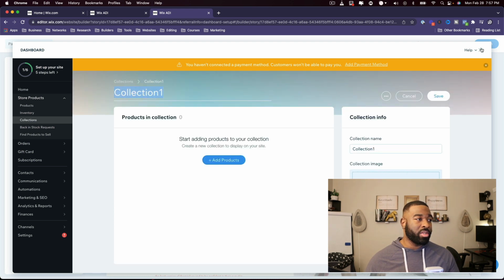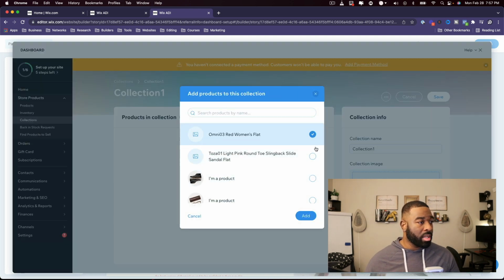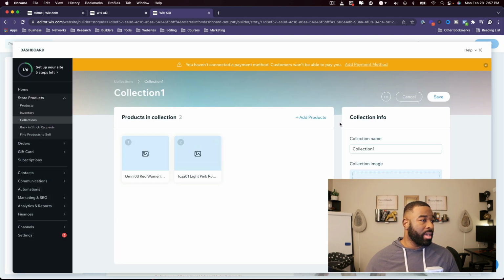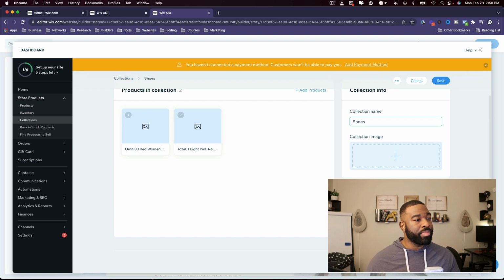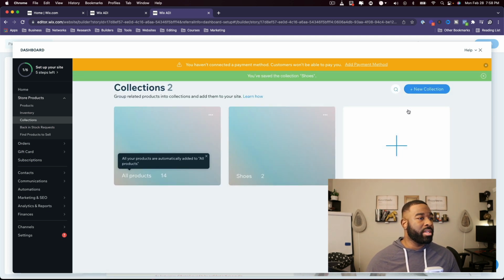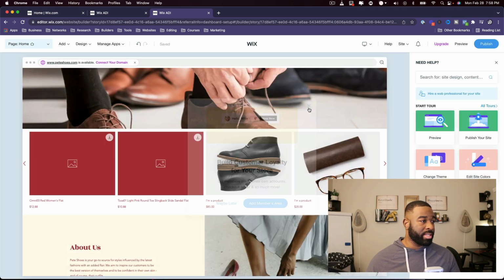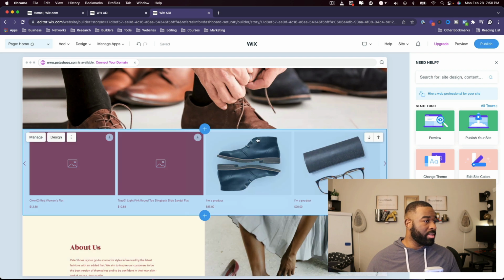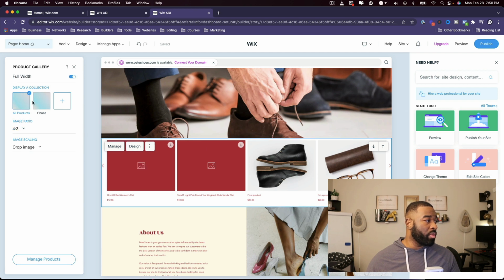All right, so I'm not going to do a, so, okay, let's just click on this, and then just shoes. Okay, so I'm going to save that there. All right, so now we have the shoes inside of this collection. Okay, is it automatically going to adjust? Okay, so it has that. And then what I want to do is, if I've only got 2 pairs of shoes, I don't want to show four pairs. So I'm going to,